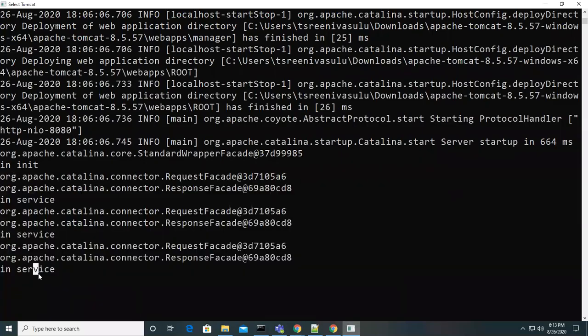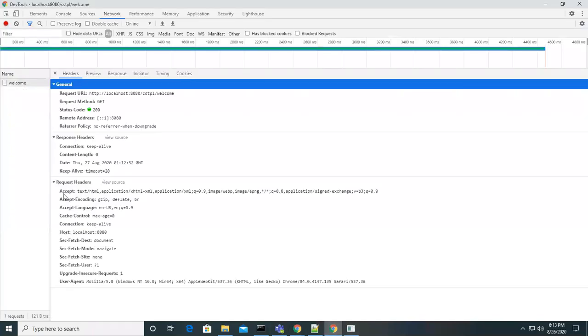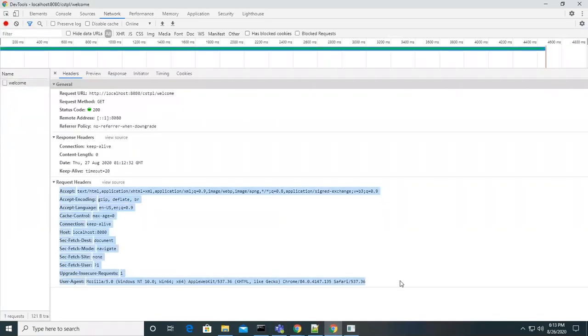Who is going to call this method? The server only. So before calling this method, the server is doing two things. It is creating objects for two classes: one is the request object and the other is the response object, like the servlet request object and servlet response object. It places all the input data, whatever the request data you sent, in these objects.